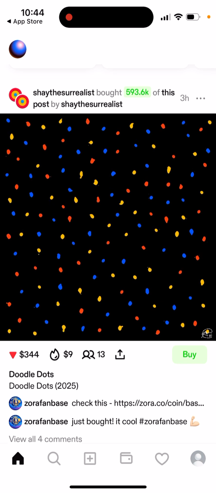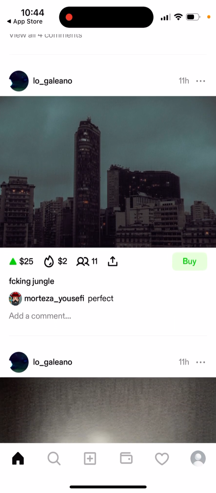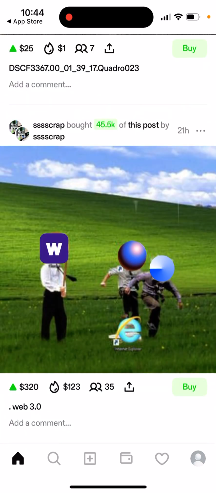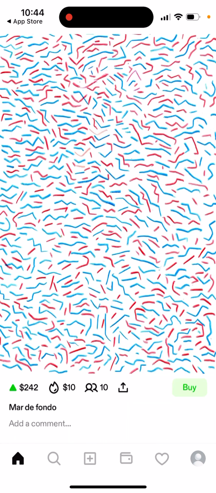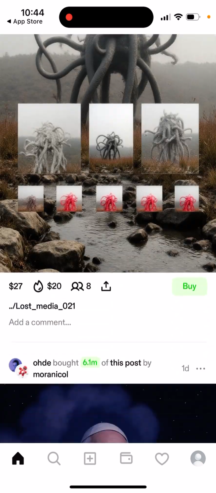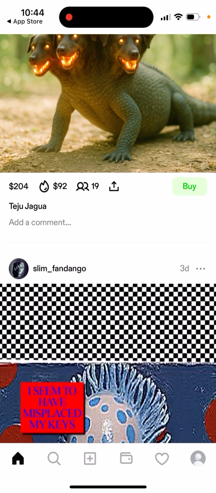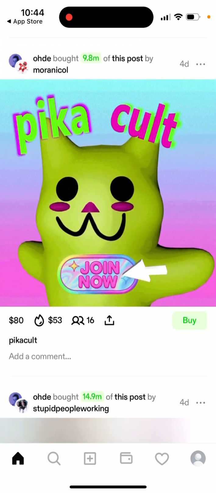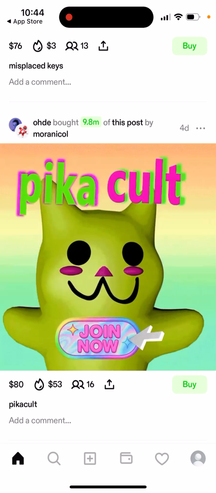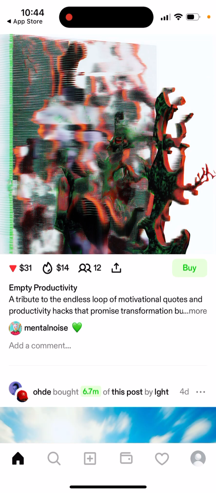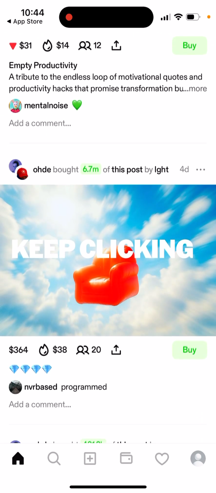And then you can see a lot of these different posts in here, a lot of AI images. So yeah, people are just creating these images, and pretty cool idea. So you can just post some AI art in here and have it like that. So there you have it.